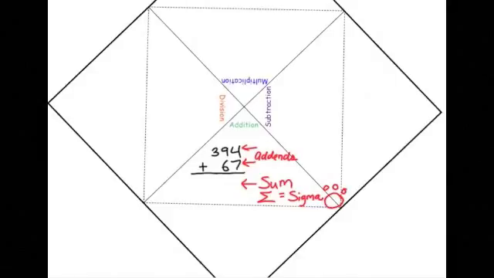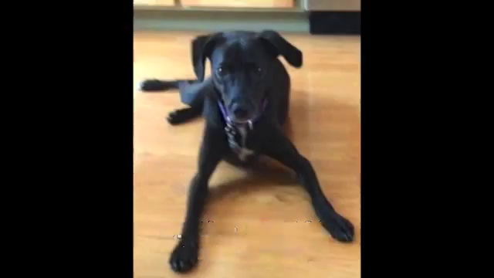Let's work through this math problem and see what you remember on doing long addition. So the first thing you're going to do is add your ones digits together. 4 plus 7 is 11. So I bring down the 1 from my ones place and I carry the 1 from my tens place. Now I'm going to add my tens digit columns. 9 plus 6 is 15, but I have to remember to account for that 1 is 16. Bring down my 6, again, carry the 1. Lastly, adding up the hundreds columns, 1 plus 3 is 4. So my sum is